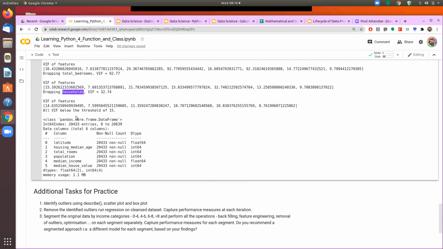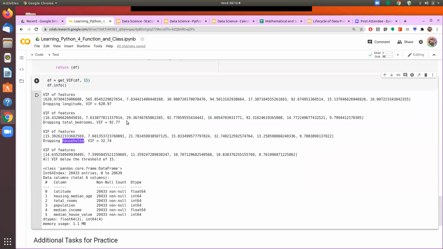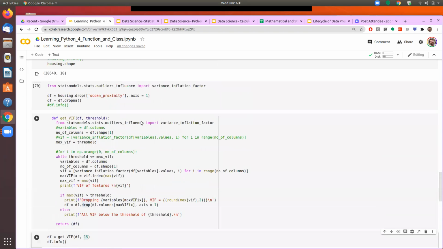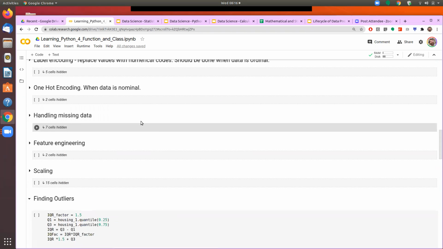So we are left with 1, 2, 3, 4, 5, 6 features, and 3 features have been dropped because they have a high correlation. So that is a programmatic way of dropping the elements which have a high correlation. Of course, we can do it manually also. We have seen, now, if all these features you see, they would be having a very high correlation score. So let's go back to the correlation part and draw.